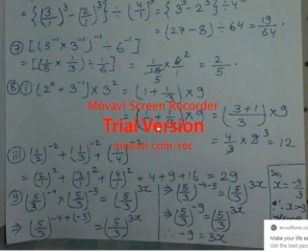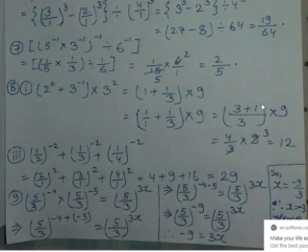When we take the LCM of the denominators, it becomes 3, and 3 divided by 1 is 3, 3 into 1 is 3. In the same way, 3 divided by 3 is 1, and 1 into 1 is 1. So 3 plus 1 by 3 into 9 I had written. So 4 by 3 into 9, and 3 threes are 9, cancel. So 4 threes are 12 becomes the answer.